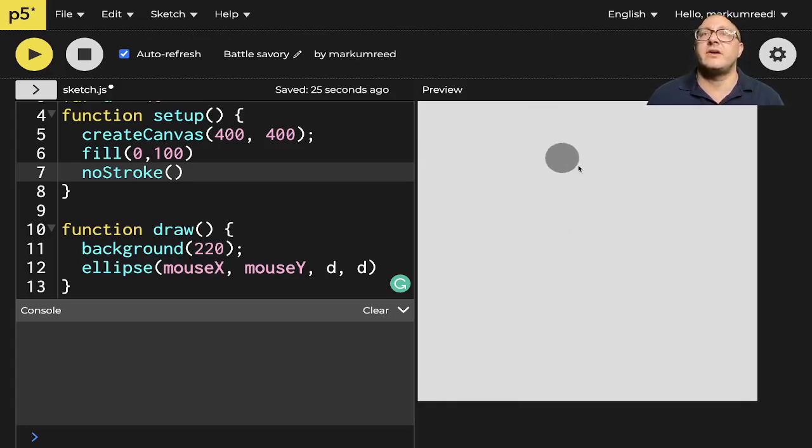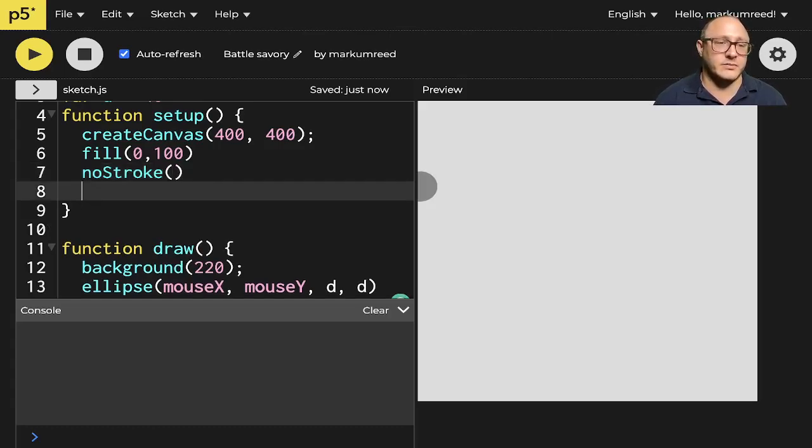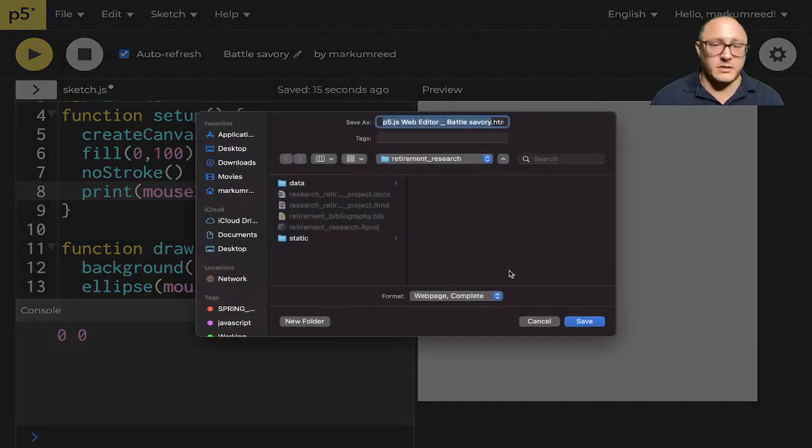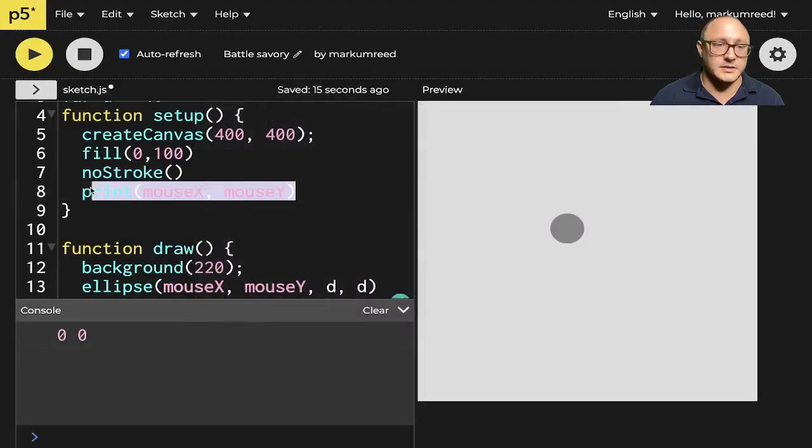Now this is very, very useful to us, because it's just going to follow us around and we'll be able to do all kinds of interesting things with it. It's just taking whatever our X and Y coordinates are with our mouse. So we can even do something like print mouse X, mouse Y. And if I go here, notice, well, it's not going to update. Whoops, not going to update. I need to put this